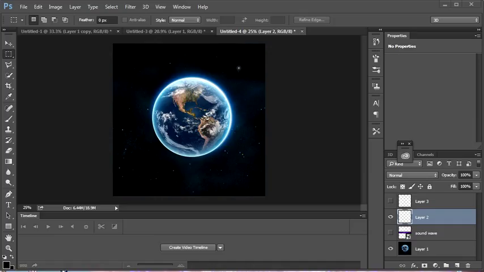Alright, so I'm gonna start off by finding a picture, and using this technique you want to have a square canvas. So you can use a rectangle, but it won't give you circles, so you want a square canvas or a square picture. Alright, now what you do from here